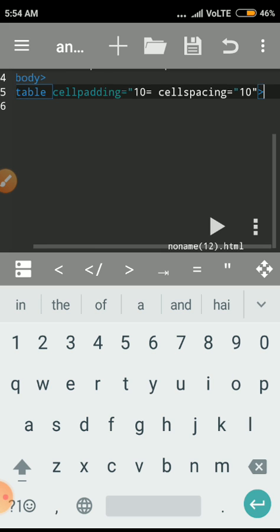So first is cell padding. Cell padding is used to adjust the margin between the cell border and cell data, and cell spacing is used to adjust the space between the two cells. I previously explained what a cell is. A cell is actually the intersection of rows and columns. Okay, multiple rows and columns are called a table, and one row and one column, one box in a table, is called a cell.